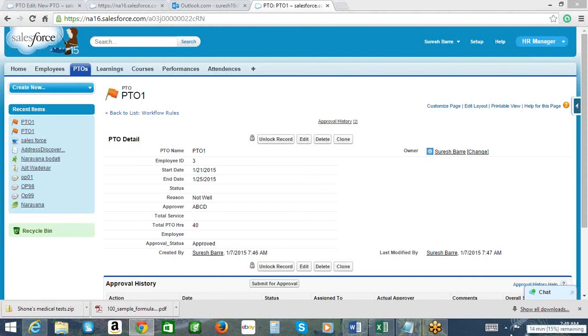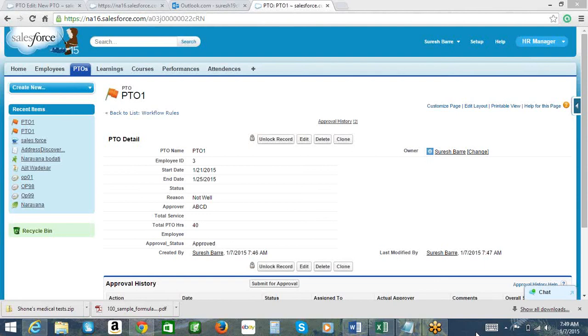Defining approval process, you will just go create the approval process, select the object, define the criteria, select an approver, and define the actions. So actions when the record is submitted for approval, action if the record is approved, actions for rejected stage, and action for recall stage, right? And then you just have to activate that approval process.